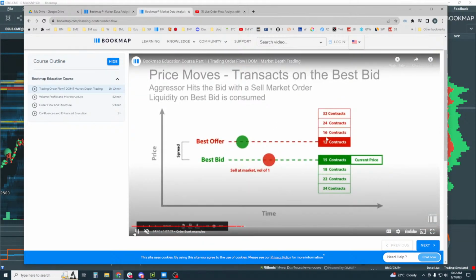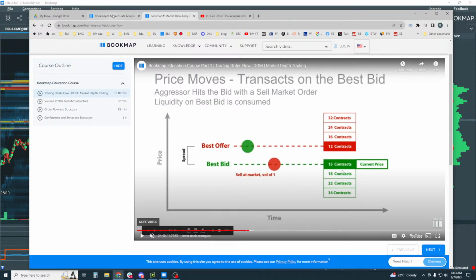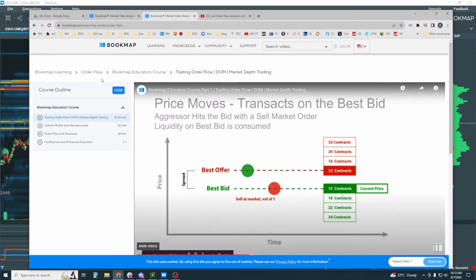So in fact, you can take a look at it here. It's this kind of information about understanding price moves, understanding not only the best bid and offer and the aggressor, but understanding the order book and the order flow as well, and how that affects price. Okay, and this here is about as binary as you can get about the market. Someone hitting the bid and moving price lower, in this case taking liquidity off of the best bid, and that's where the transaction takes place. You start to understand these kinds of details in here that can be extrapolated to much higher time frames, and we talk about this all the time.